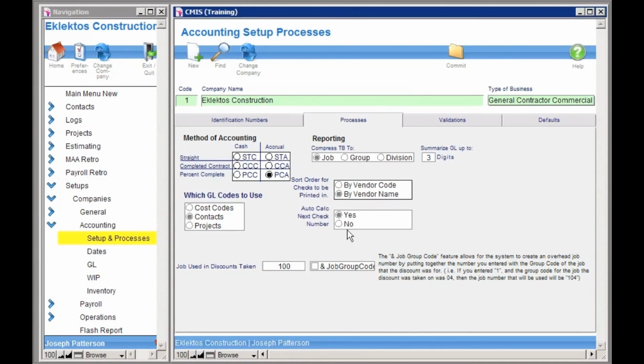So when you click on process the checks, it comes up with a little screen that validates what account you're going to write these checks from, and it gives you the next check number and your check date. This will auto calc what that next check number should be. This last item here